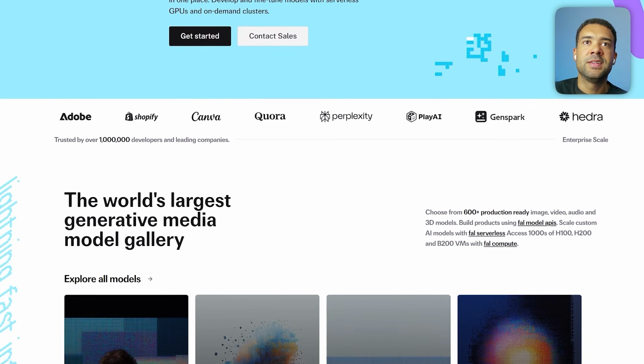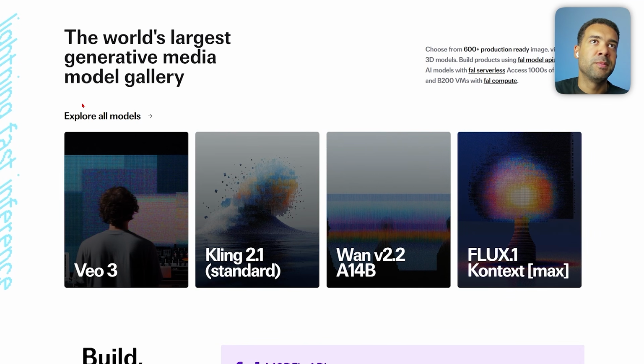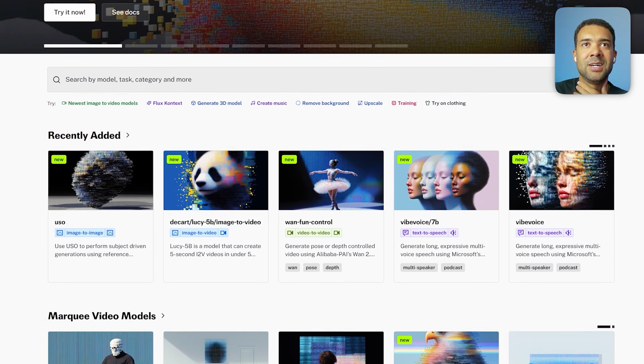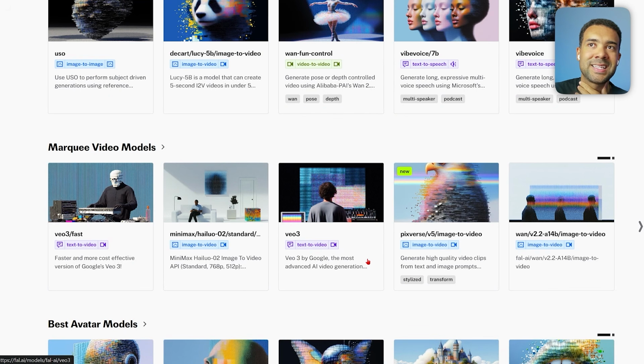And if we scroll down, we can see that it lets you use all of the most recent popular video generation AIs. So Veo 3, Kling. If we click explore more models and scroll down, we can see that there's also Minimax here, Pixverse. You can basically access any video generation AI with FAL, with this platform, and plug the access to these AIs